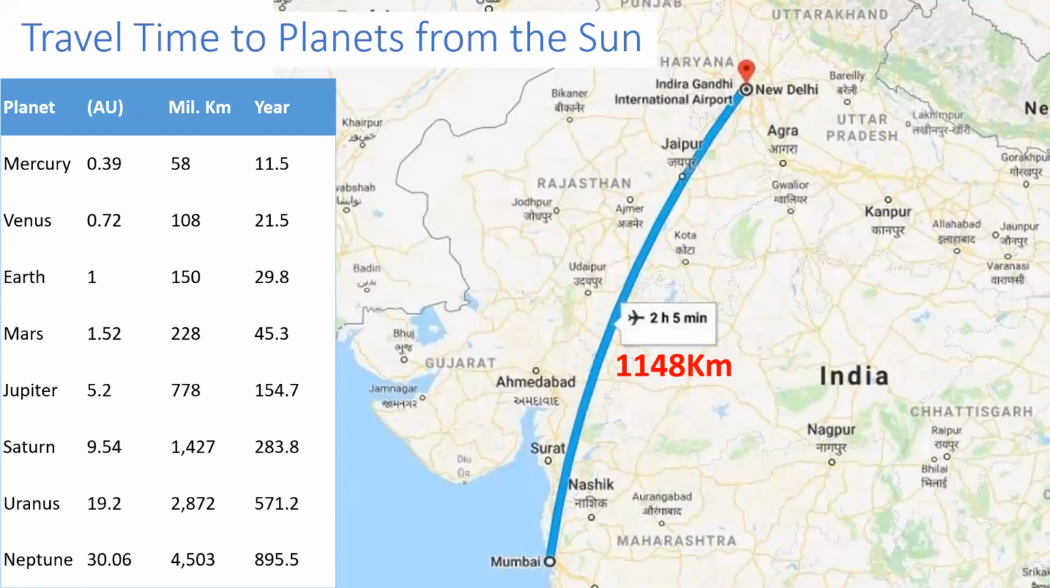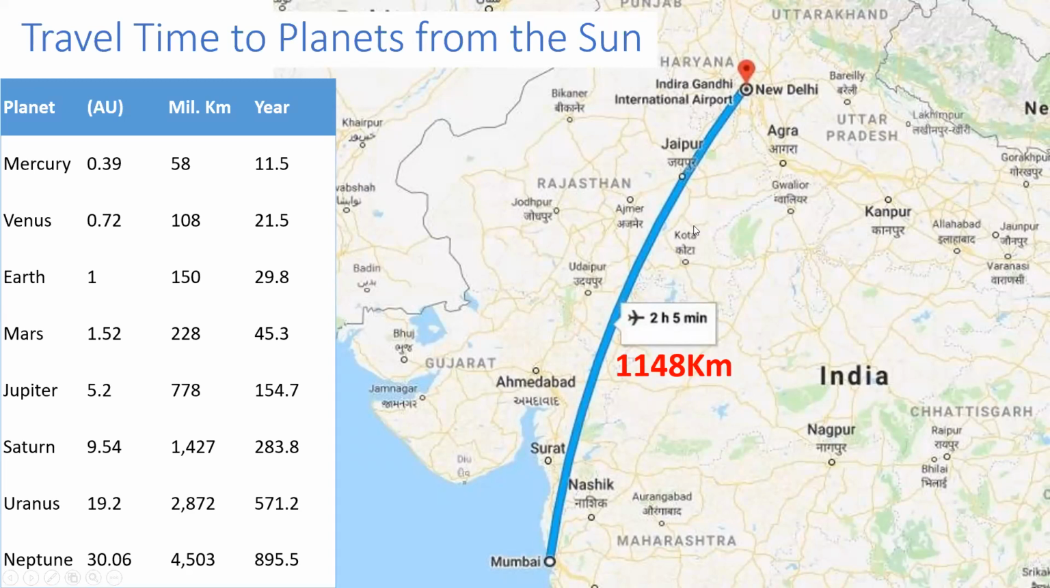If you try to understand how far they are from the Sun: suppose we travel from Delhi to Mumbai by aeroplane, then it takes about 2 hours and 5 minutes. And the distance from Delhi to Mumbai is 1,148 kilometers. So it takes 2 hours to travel 1,148 kilometers. Suppose you travel with the same aeroplane, which is hypothetical, it is not possible, but hypothetically,